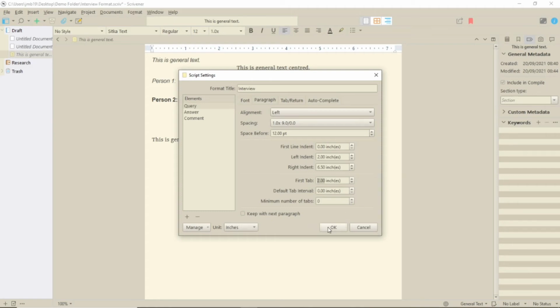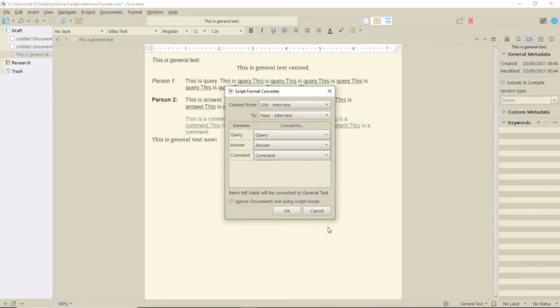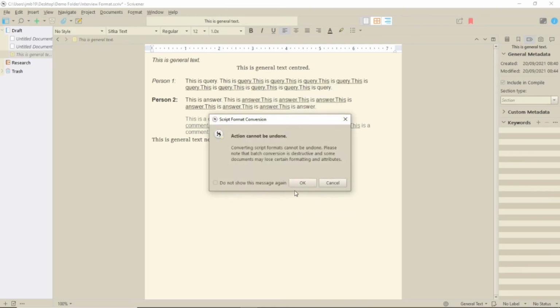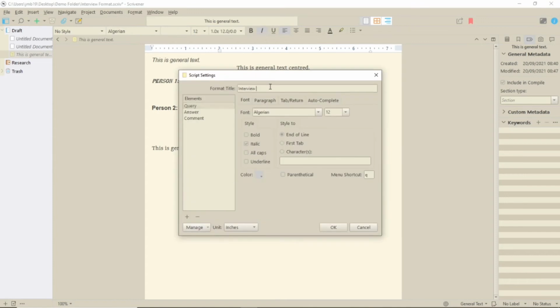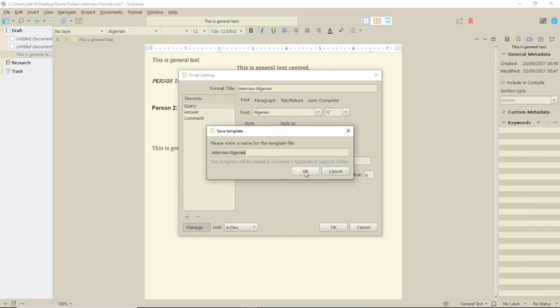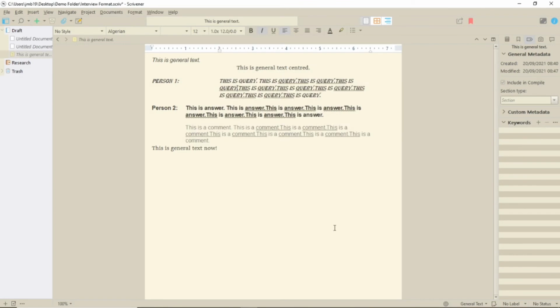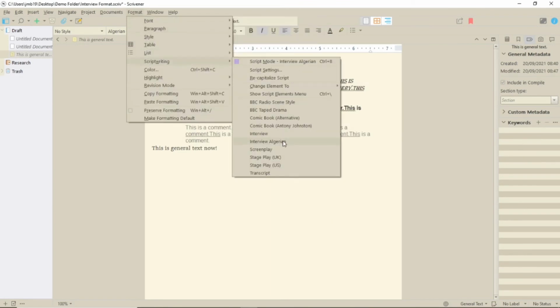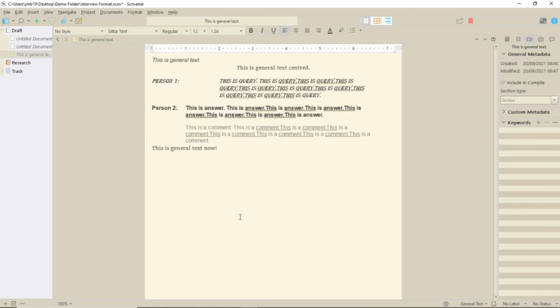If you do make a change, you'll get a pop-up that prompts you to change to New Interview. This is the pop-up I mentioned earlier if you're in a script writing template. However, this New Interview format, although it does work in this document, does not give you a new option in the list. So if you want to use this format for everything, you can click on Manage and Save for Other Projects. Then it appears in the list in the script writing menu. However, so far I can find no easy way to delete this, so be sure you want it there first. If anyone else knows how, please let me know in the comments.